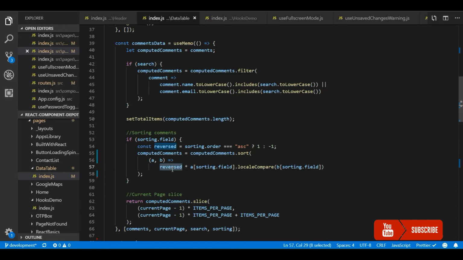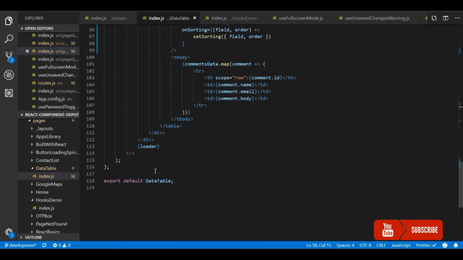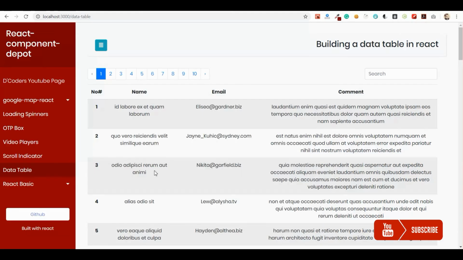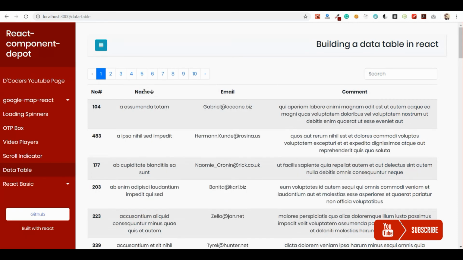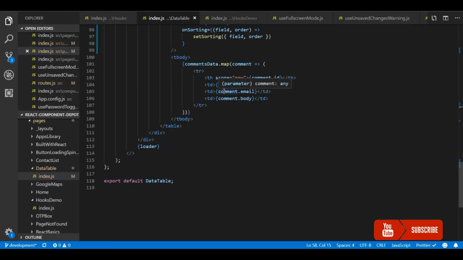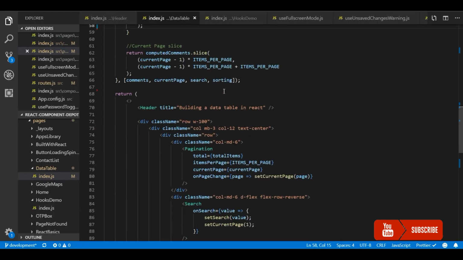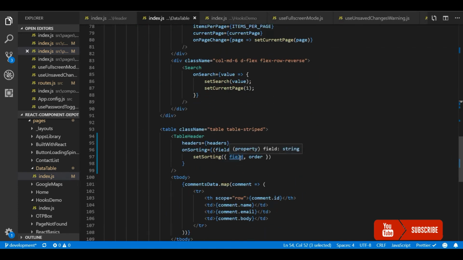I think we are done with the functionality here. We'll go and check the output of what we built now. So we have sorting in ascending order, and I think there was some problem in descending order. So let's go and debug what exactly the problem is. I think this has nothing to do with this component. We'll go into the table header and check what exactly we did.